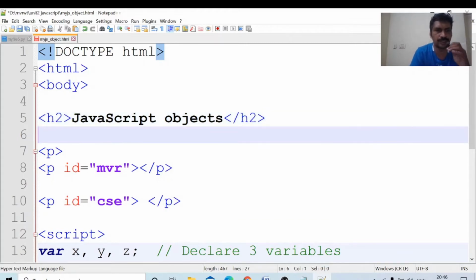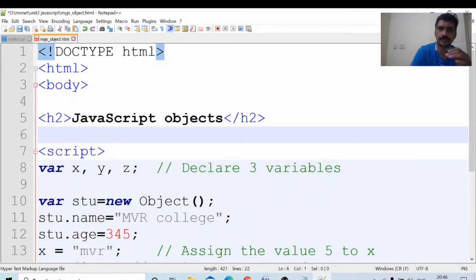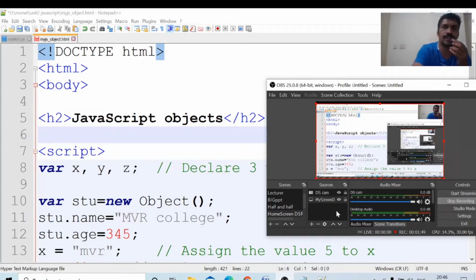We will remove this one. We know that JavaScript lies between the script and slash script tags. Script language equal to JavaScript is optional. If you want to write language equal to JavaScript, you may write it, no problem. The default script is JavaScript only.